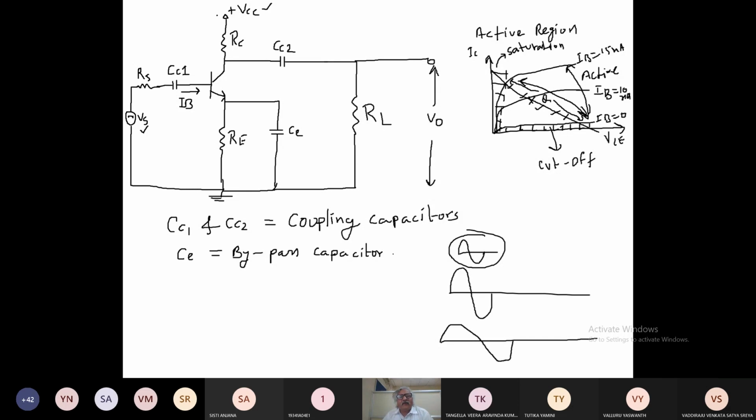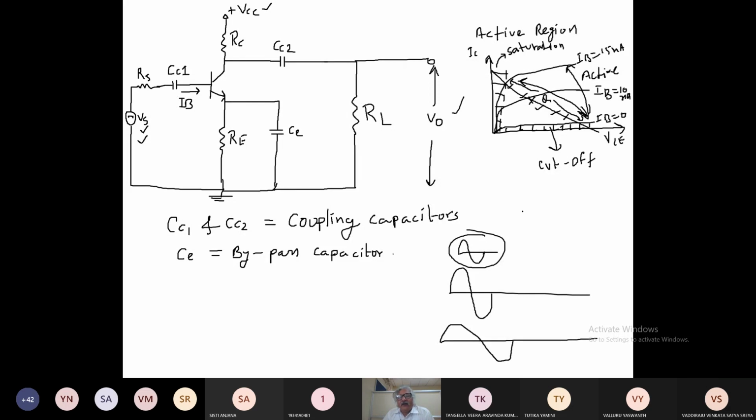So the DC voltage source is required only inside this transistor circuitry, right? It is not required at the final output, and it is not required at the input side. That's why we have used the coupling capacitor. What will the coupling capacitor do? It will block the DC. It will not allow DC to move towards the output side, or towards the input side. It will keep the DC in this transistor only. So this is the purpose of the coupling capacitor.